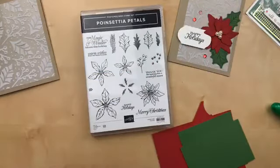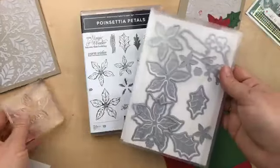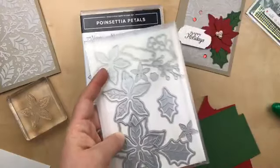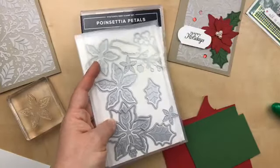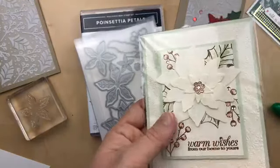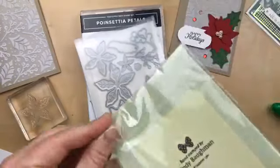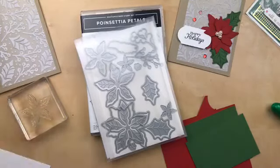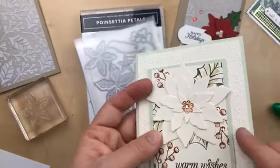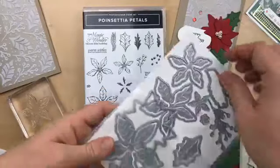Oh, I don't need that extra card base. And this stamp set has coordinating dies, and you can see here how beautiful some of these detailed dies are. Let me show you this swap card. This one is by Cindy Bauman, and you can see some of the detail on the die cut poinsettias that she did. Let me take it out of the plastic so you can see a little bit better. This is just on Very Vanilla cardstock, and you can see some of the detail there. Just beautiful. So I'm going to use just the outline today because I'm going to stamp the image, but you can also die cut